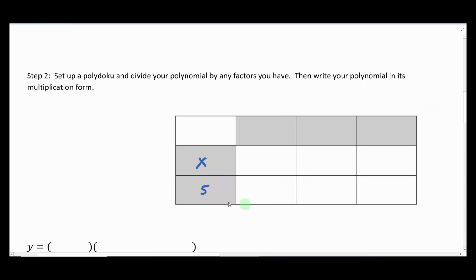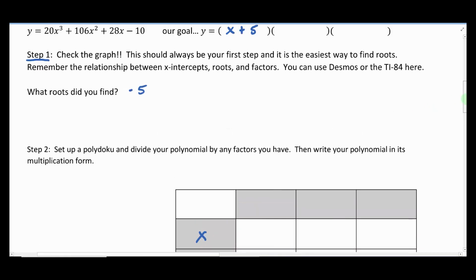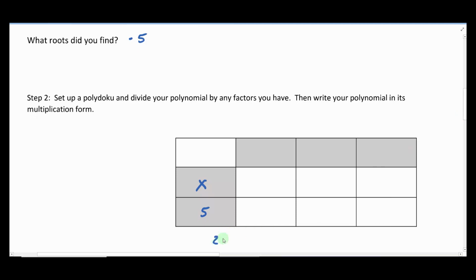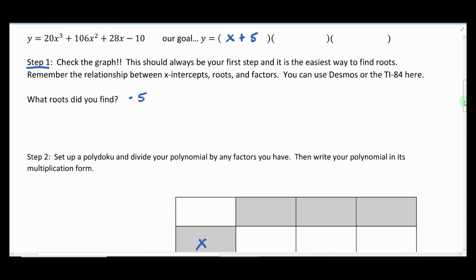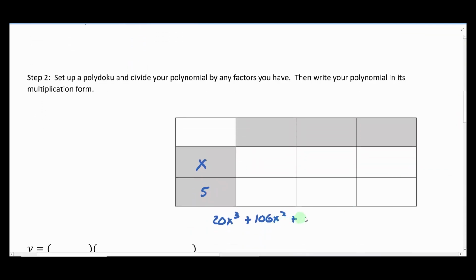And then I'm going to take my original polynomial, write it down here along the bottom, and we're going to do a Polydoku. So we got 20x cubed plus 106x squared plus 28x minus 10. There we go. And remember, essentially what we're doing is we're taking our original polynomial, 20x cubed plus 106x squared plus 28x minus 10, and we are dividing it by the one factor that we know we have,